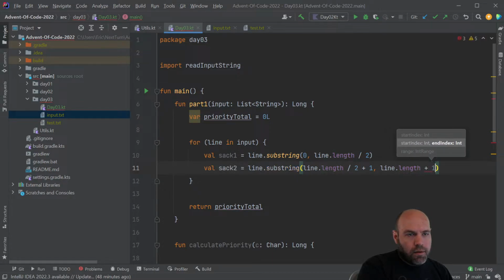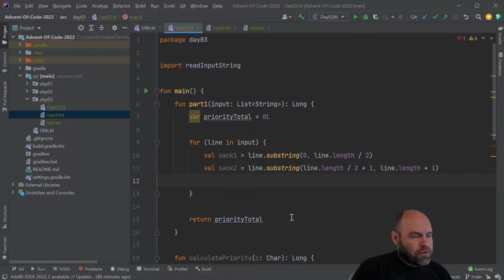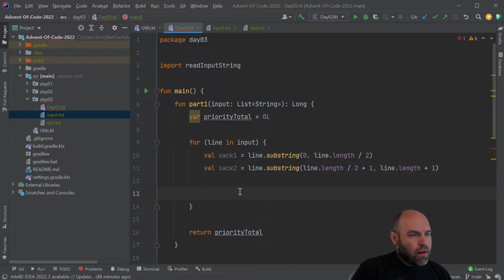I think we need 1, sure. That may cause an overflow, or it'll all be obvious. Okay, so now we have our 2 substrings. The next thing we're going to need to do is just compare which ones are common. The easiest way is probably just going to be for C in sac1,